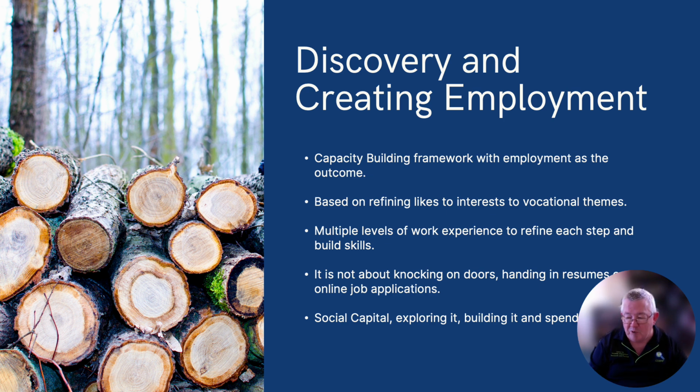We recently had a situation where a very significant national employer that has all these awards for employability, and disability friendly and this sort of stuff. And there was a client who wanted to work with them, and we were told all the way up to their state office, you have to use our online system. And the online system is not disability friendly. Right? So we tend to not bother. Yes, we will if a client is looking for something at that level, but most jobs are in the community,